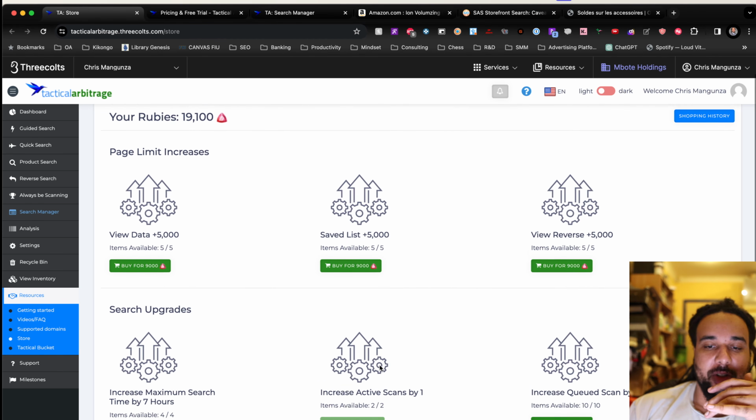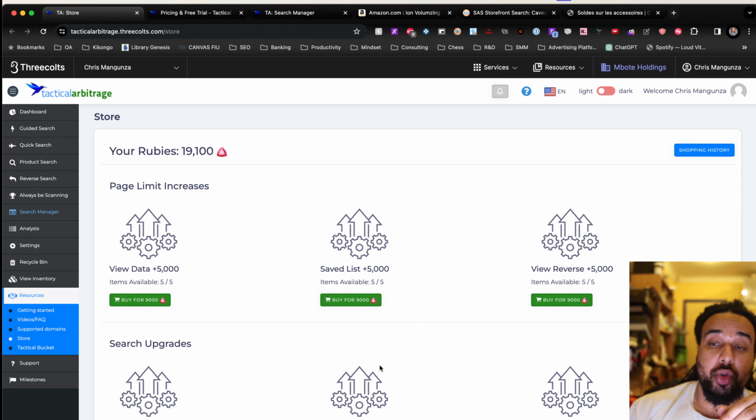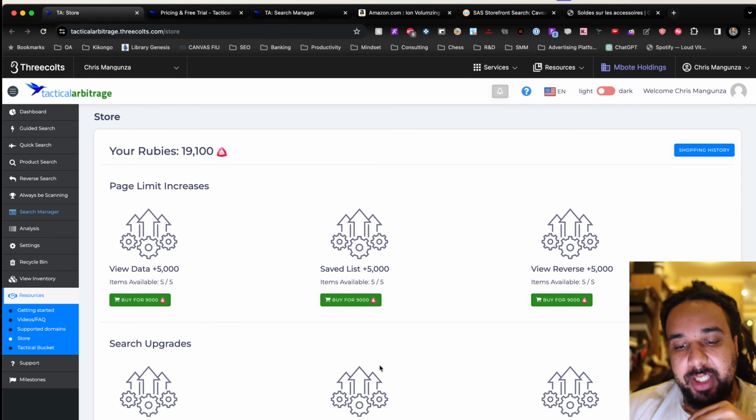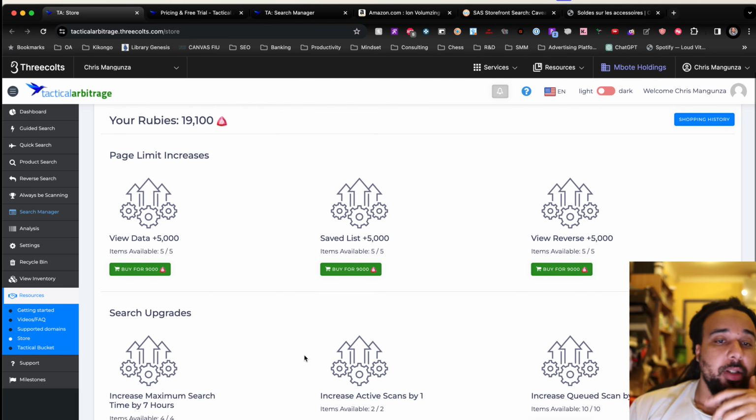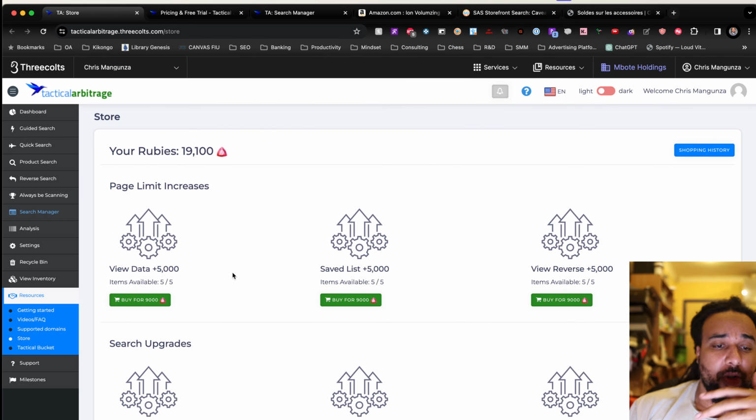Okay, I have 90,000. I cannot even buy one. I'm broke in terms of rubies on Tactical Arbitrage, but yeah. So you can add 2 extra active scans on Tactical Arbitrage by using rubies, and there's a lot of other stuff that you can add. So view data. Sometimes it's frustrating when your view data tab has too many products saved. You need to delete them. You can add 25,000 more just by spending your